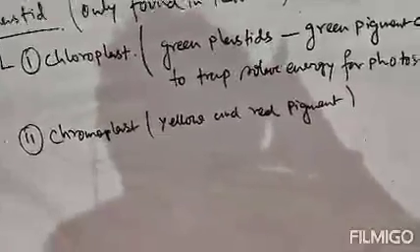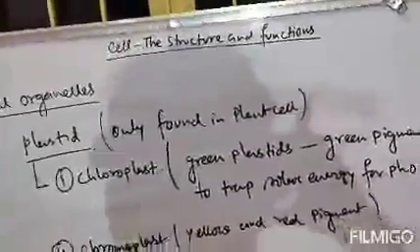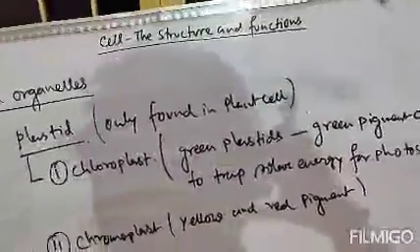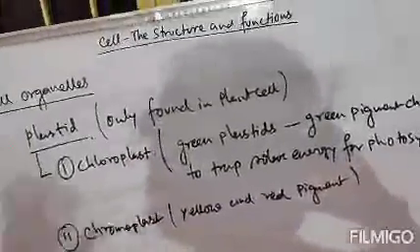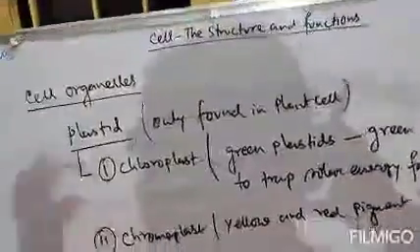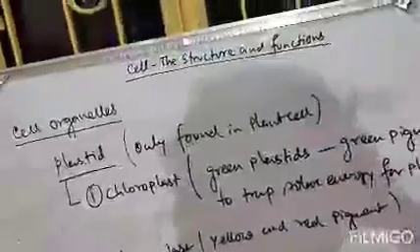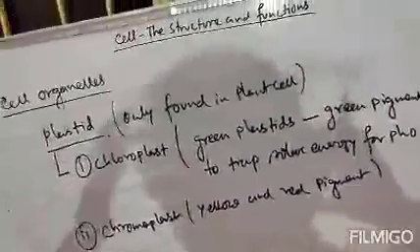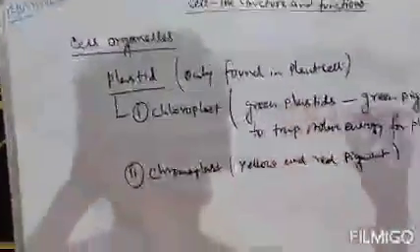That's why insects are very attracted, because insects are very attracted towards colors. So chromoplast, its main function is to impart colors to fruits and flowers so that insects are attracted and pollination occurs. What is pollination? Pollination means to create more than one flower, from one flower to many flowers.